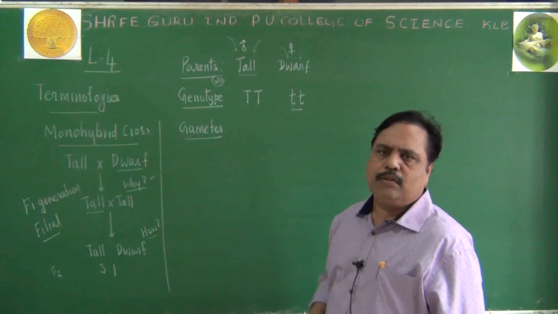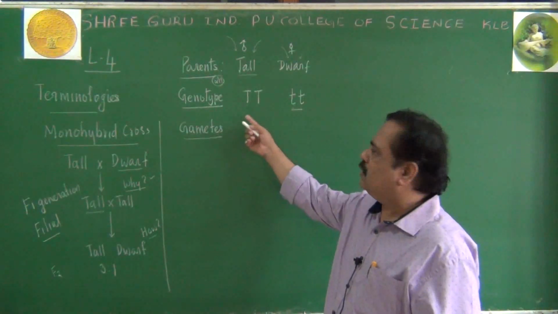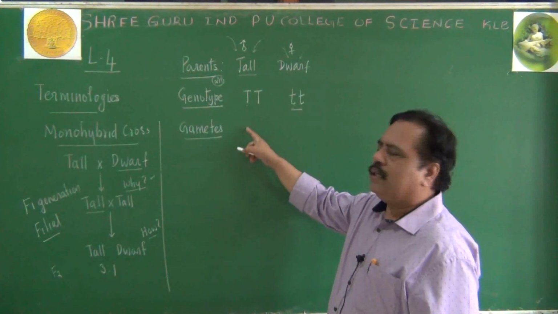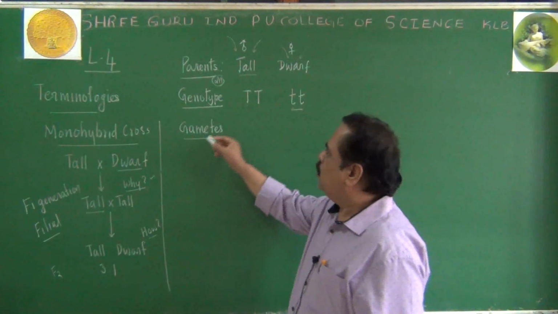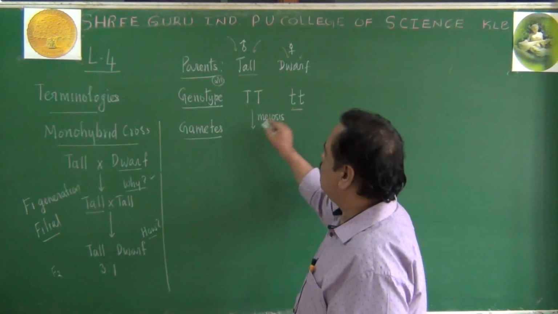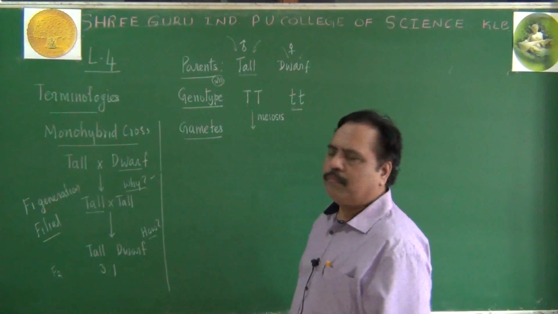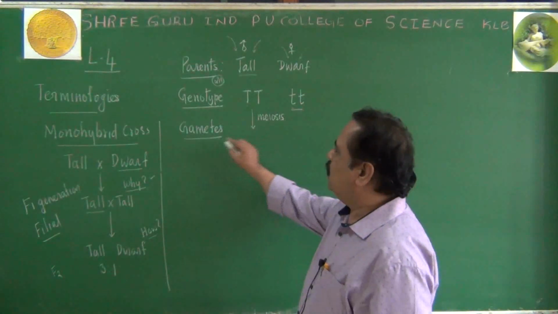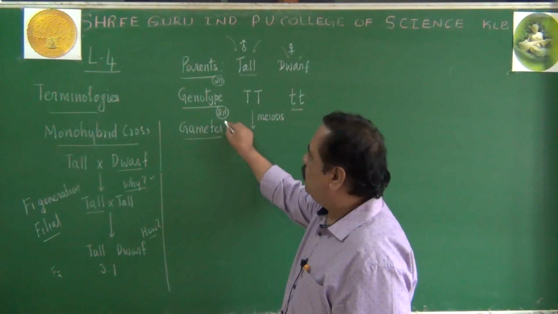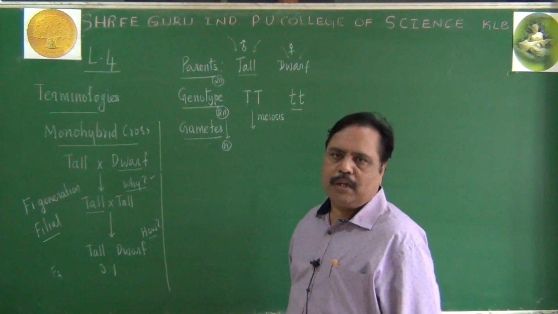Even in the second lesson you might have studied microsporogenesis. Formation of microspore, otherwise pollen grain, is called microsporogenesis. Here the pollen grain will carry the antherozoids. Now remember, during microsporogenesis, meiosis will take place. Due to meiosis, the diploid condition will become haploid condition. That is what we are going to write in the gametes. Genotype of the parents is diploid, but due to meiosis, gametes will become haploid. Remember, gametes should be haploid in number.